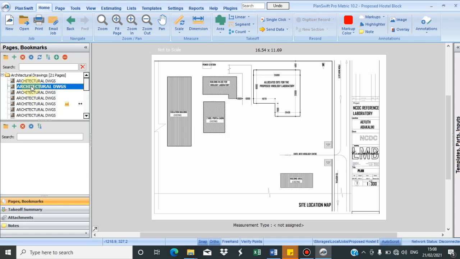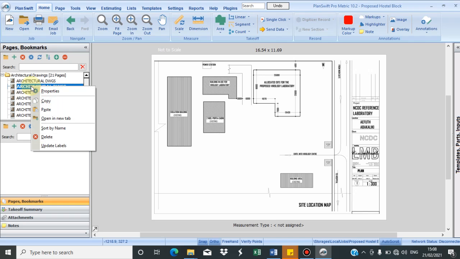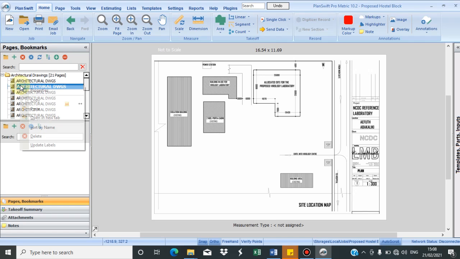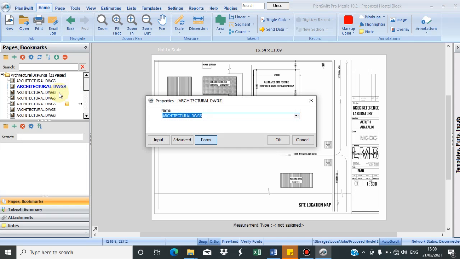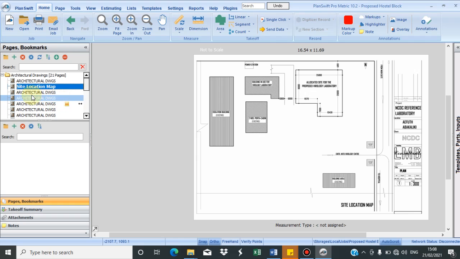So each of these drawings I can rename. I can click on this. If I left click on this, it brings out properties, copy, paste, or whatever. I just click on properties. So I can just do my simple site location map. By the time I hit on OK, it's good. So that's that. You can do this individually for each of them if you have that time, or you